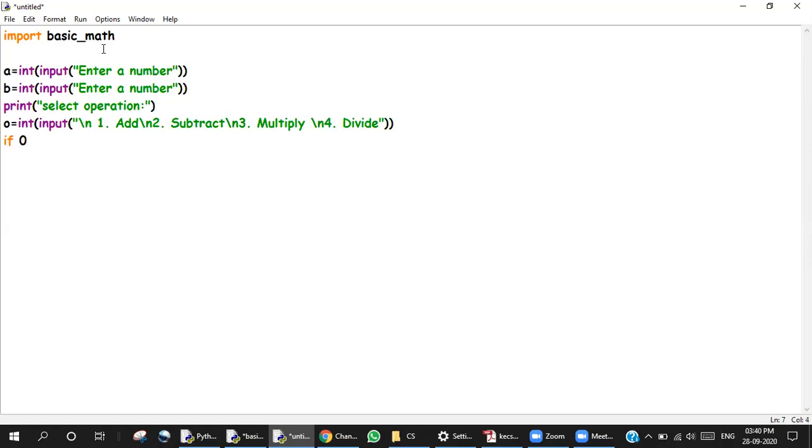So I will say if O equals 1, then we have to do add num with the values that the user has entered. If 2, then we will do subtract num, so sub num.